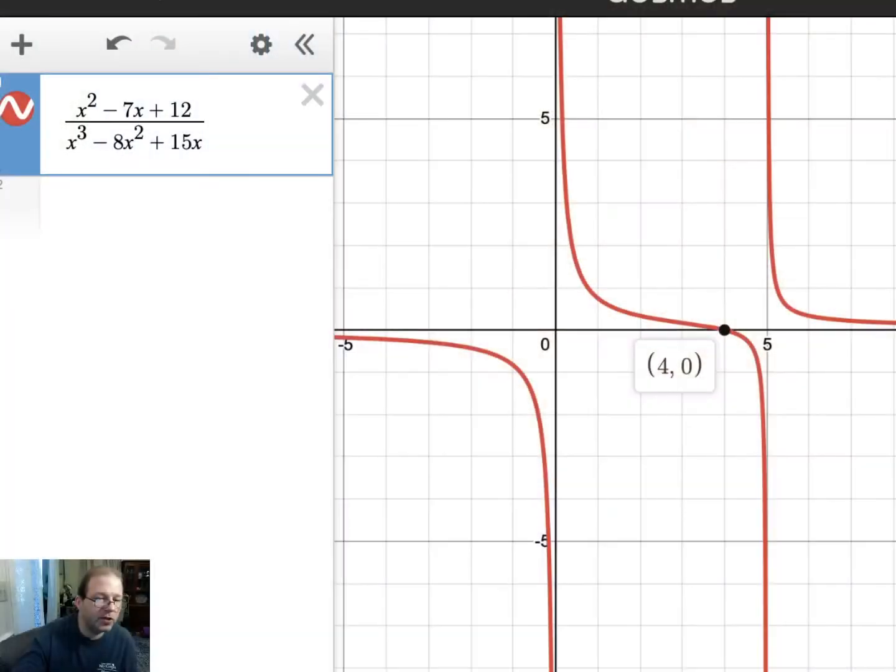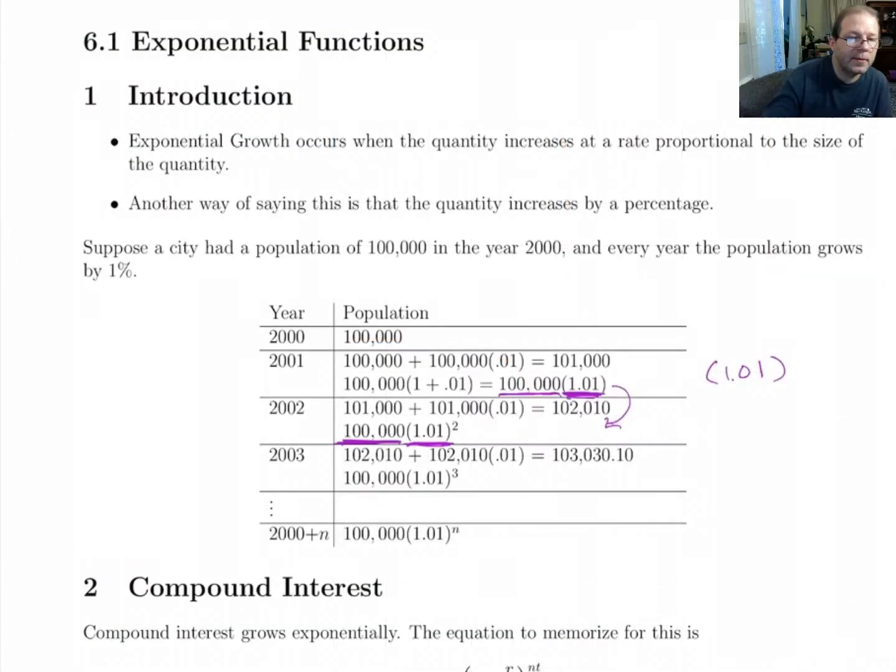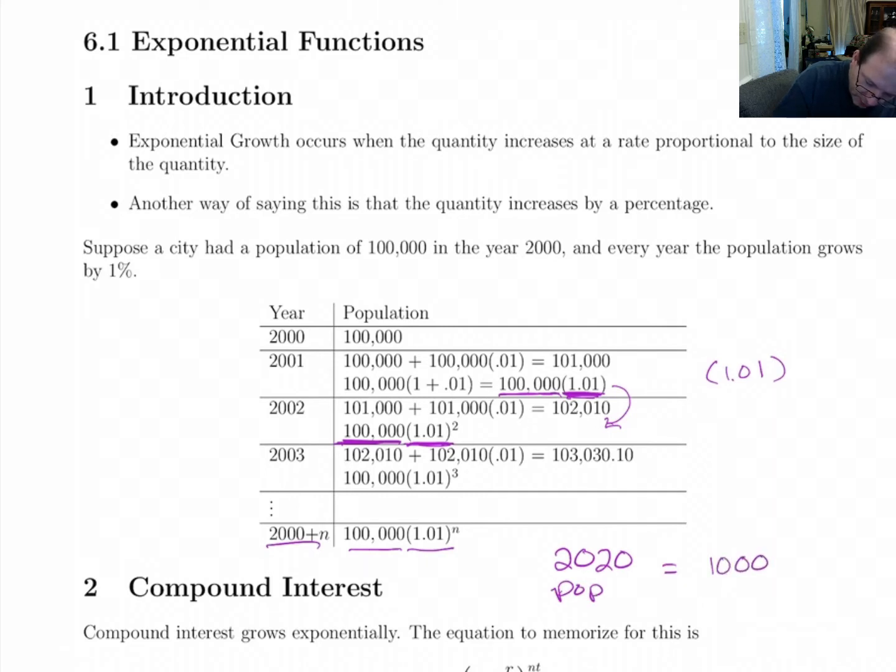And so if you wanted to know what the population is going to be at a certain time, say after n years, it's going to be 100,000 times 1.01 to the n. So just for instance, if we wanted to know what the population here was going to be in 2020, that's going to be 100,000 times 1.01 to the 20th. And when I put that in my calculator,